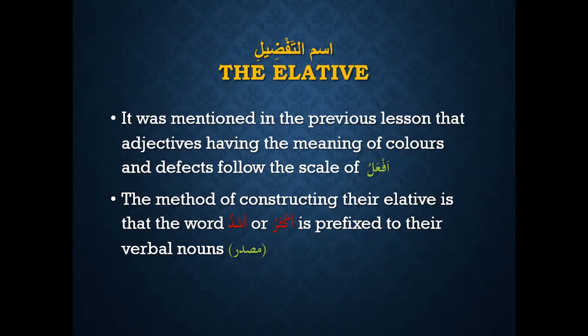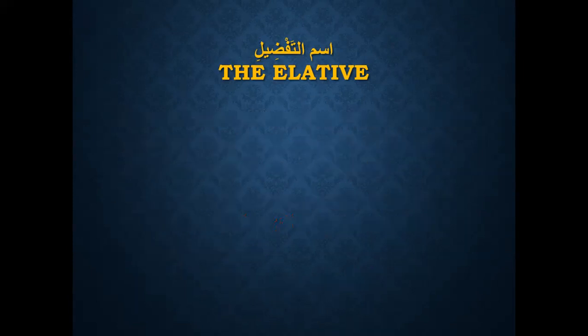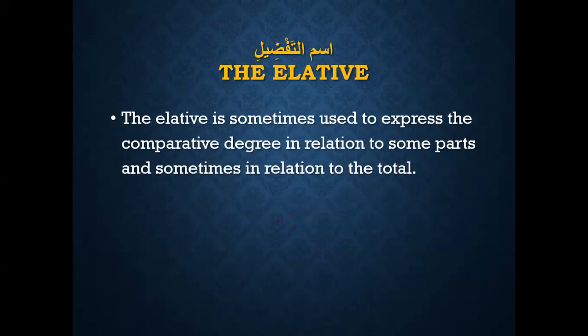And then you put the masdar after that. So you would say aswad is already black. Aswad means aswadu is on the scale of af'alu, but it does not mean more black or blacker. All it means is black, just because this is a color. A defect would be likewise. So if you wanted to make it even darker black, then you have to use ashaddu and then use the masdar after that, which is the verbal noun. So ashaddu sawadan, ashaddu biyadan. Okay, this is how you say aksar or ashad. Those are the words you use, and then to make it understandable.